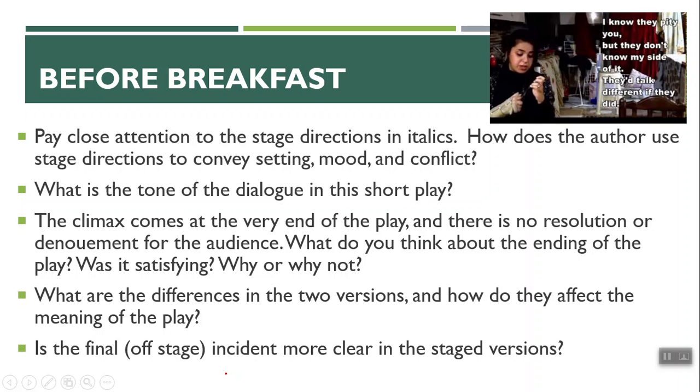So now we come to our end. I really look forward to reading your interpretations, especially of these short plays. They're very interesting plays, and there's a lot, especially in Before Breakfast, there's just a lot there in a short period of time. So it'll be interesting, I think, to look at the one acts. And in my next couple of lectures, I'm going to be talking about the longer plays that we'll be looking at soon. That's it. Thanks, guys.